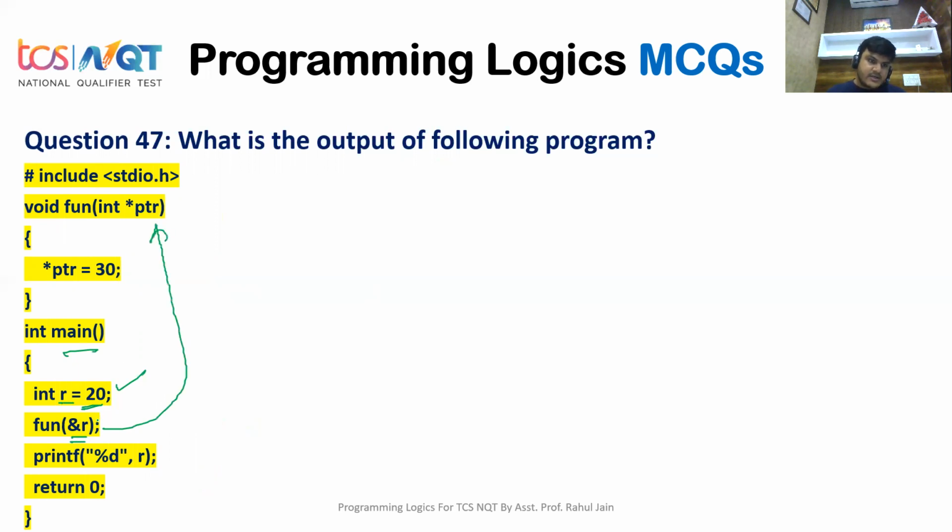So the function goes to int *ptr, and at the address of r, 20 is stored, but here we are using *ptr = 30, so it will change the value of that 20 to 30, right? Now we have the new value, that is 30, and then if we print r after completing that function, r would be printed as 30.